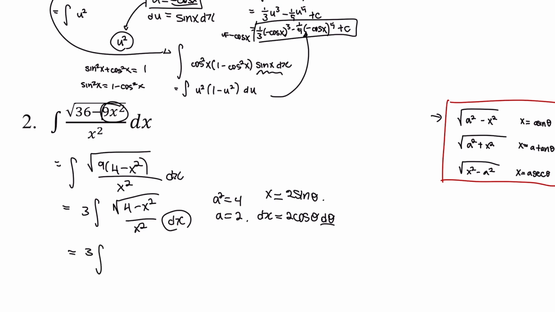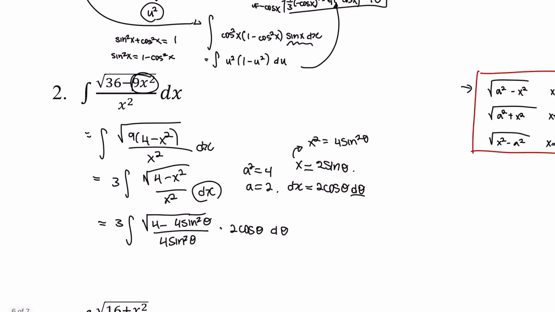So 3, and then radical 4 minus x squared would be 4 minus 4 sine squared theta, right? So we're going to put 4 sine squared theta right here, and then all over x squared again, which would be 4 sine squared theta. And then in substitution of dx, we're going to put 2 cosine theta d theta. So this would be the complete equation in terms of theta. We're going to put the 2 in the front, so it's going to be 3 times 2, which is 6, and then cosine theta,